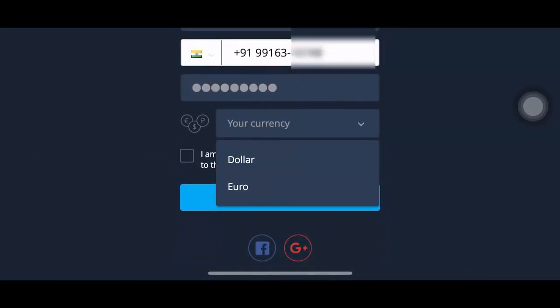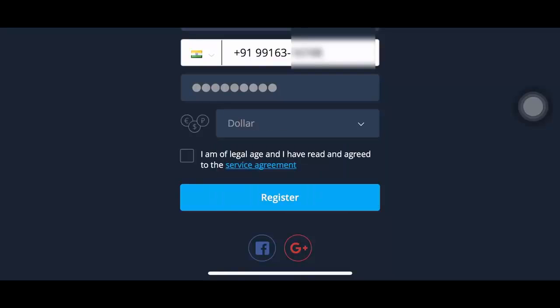I personally use, and all the traders in my group, in my Telegram trading channel, are using dollars, USD, as their transaction currency. This is really simple and this is good for you guys. So I suggest choosing dollar, and then check mark this box and then hit